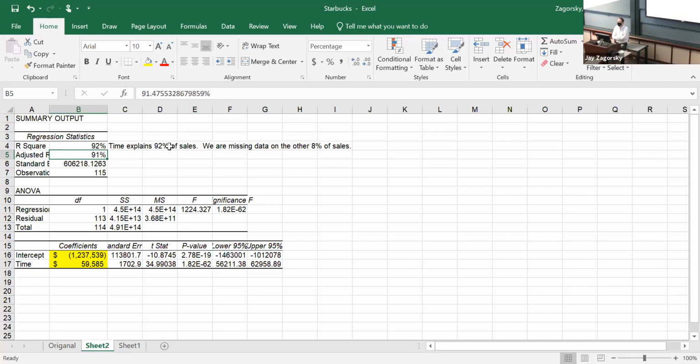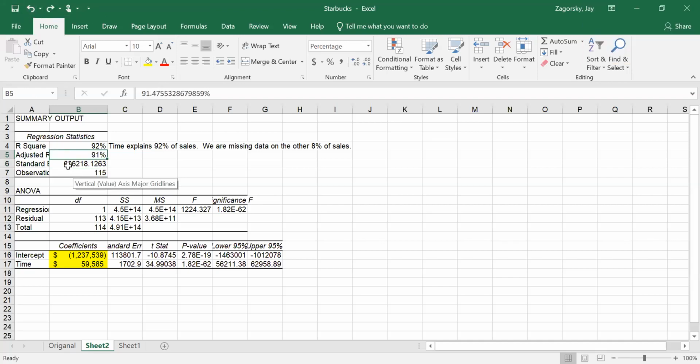Adjusted R squared is R squared adjusted for how many variables you put into the regression. So if you put in lots of junk variables that have no impact except to boost R squared, adjusted R squared actually goes down. If there's a big difference between R squared and adjusted R squared, for example, R squared is 92% and I'm just going to pretend adjusted R squared is 87%, you're like, oh, there are junk variables in the equation. If they're pretty close, 92 and 92 or 92 and 91, there are no junk variables. Does that make sense?